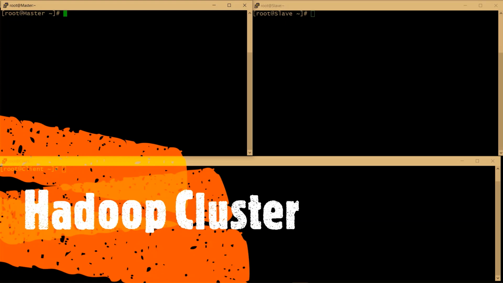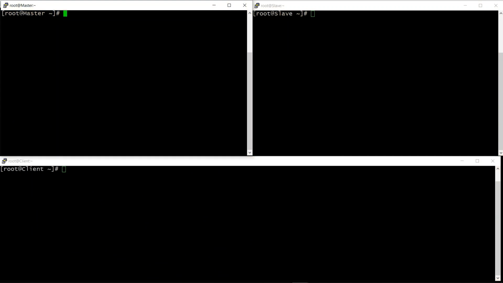Before we create a Hadoop cluster, we should know what Hadoop is, and before we know what Hadoop is, we should know what is big data. Big data is a huge amount of data that causes a problem in the IT industry, as every second a huge amount of data is uploaded, but there is no such device or storage that can store that much data. To solve this problem, the DFS concept came into the market.